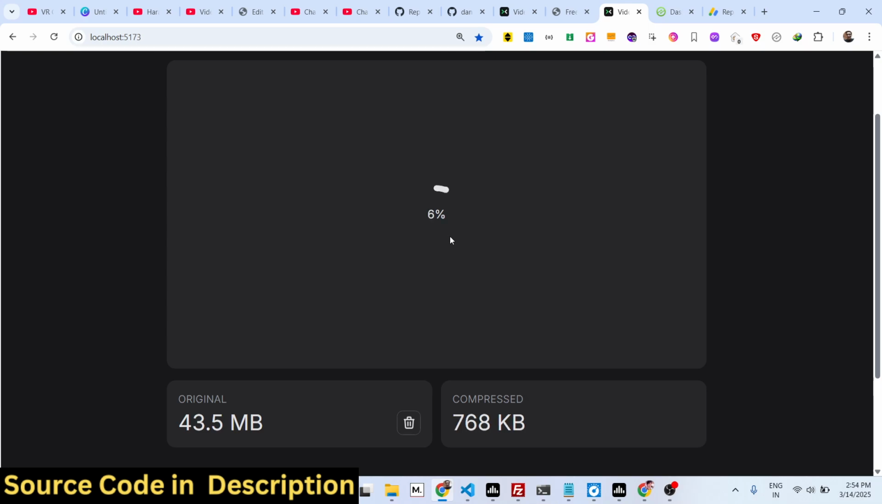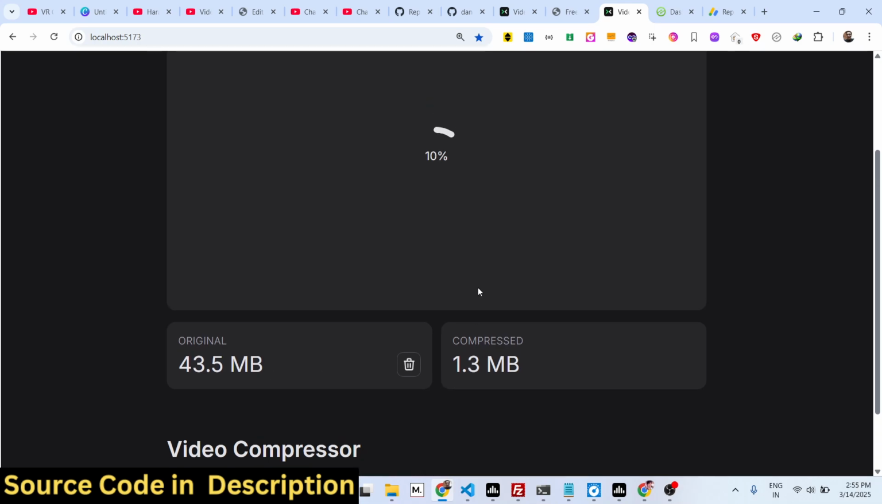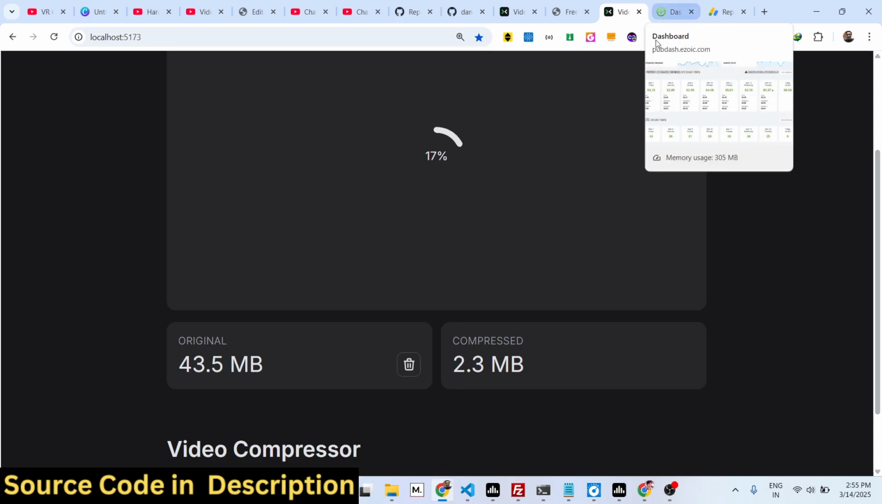So once it reaches 100%, you can see the original size, which is 43.5 megabytes, and now it will also show you the real time compressing which is going on, and it will show you the compressed size. So just wait for the process to finish, and we are using FFmpeg WebAssembly library for this,